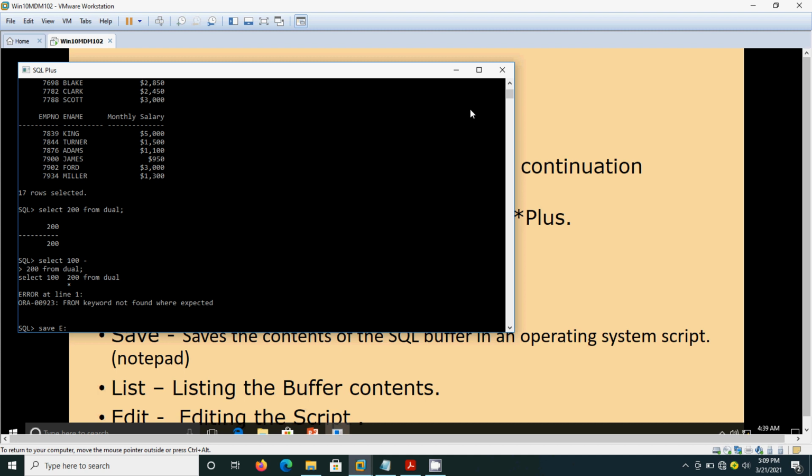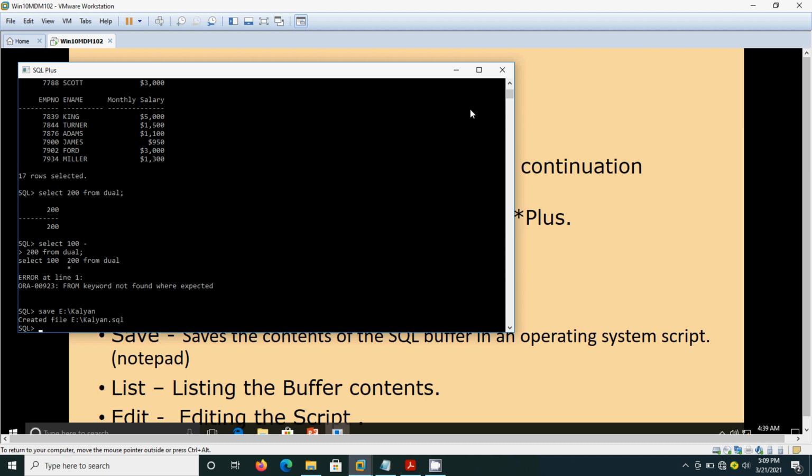Save. If you type like this and then go to the directory, see, it created one file called Kalyan. Okay, actually I need to give a proper name like this.